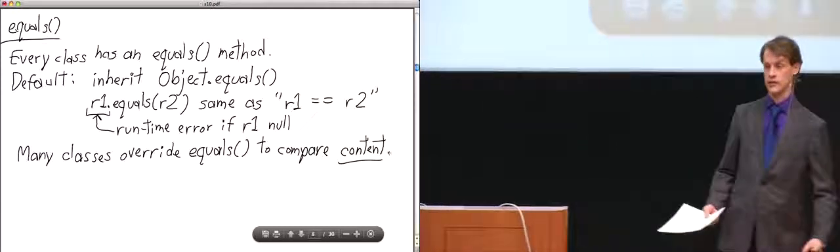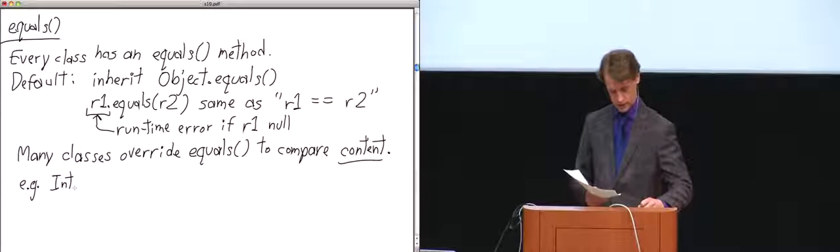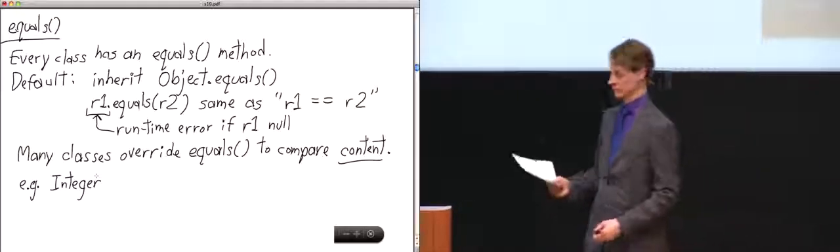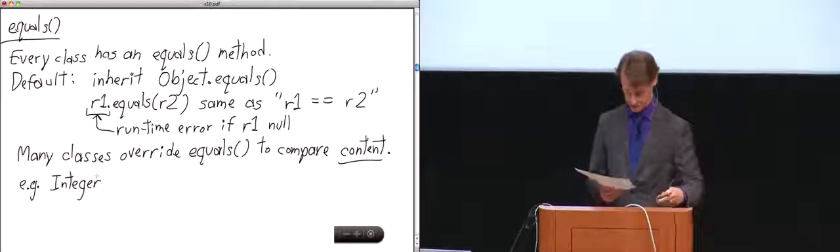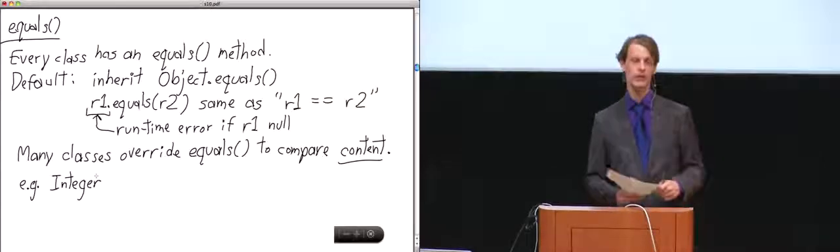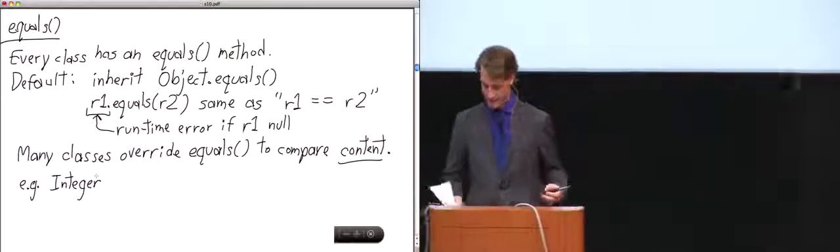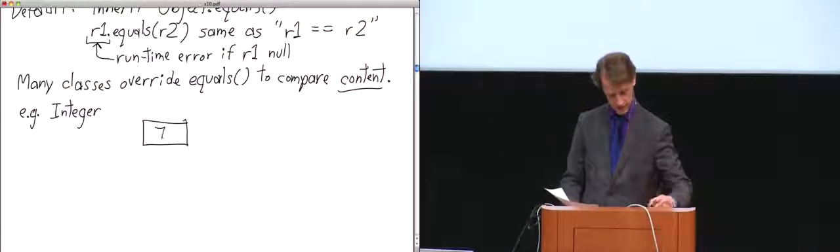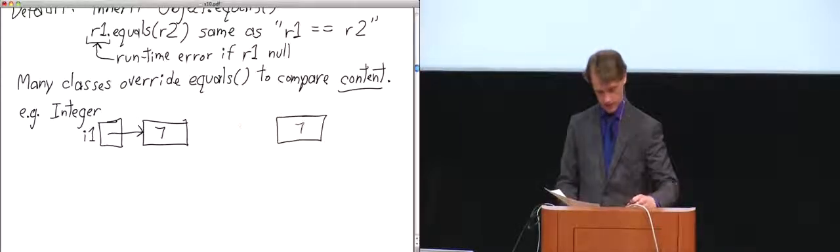An example of that is the Integer class, with a capital I, in the java.lang library, the one that gets imported automatically. What this class does is store one primitive int as a private field. So if you compare two integers with the dot equals method, it tells you whether they contain the same primitive int. For instance, if I have an integer object that contains a 7, and a reference variable I1 that points at that integer, and I have a different integer object that contains a 7 as well,